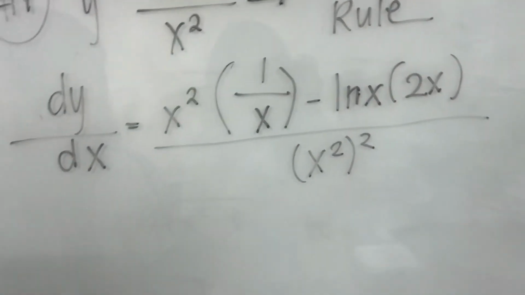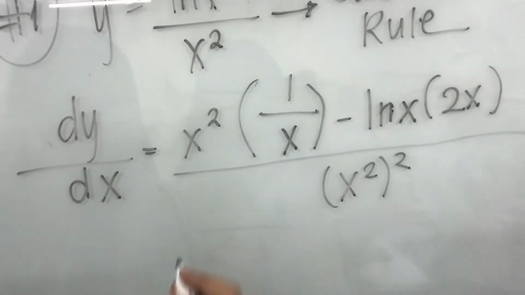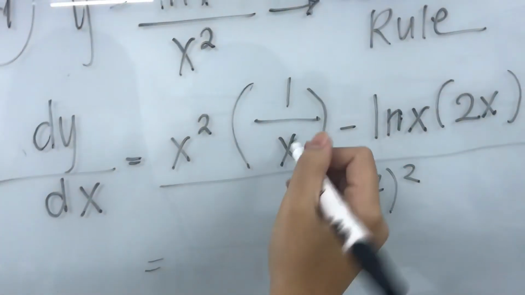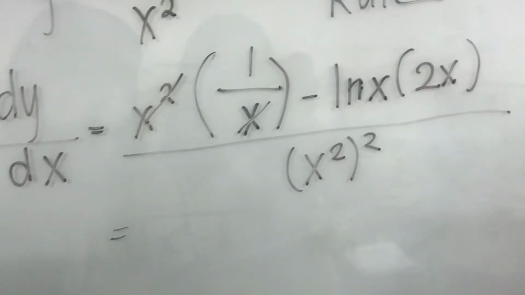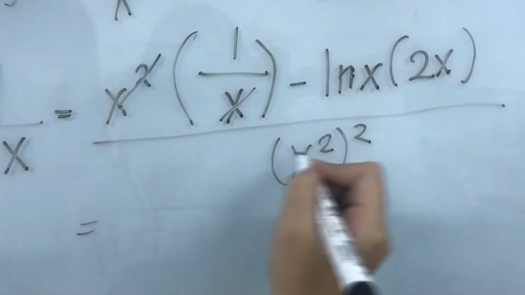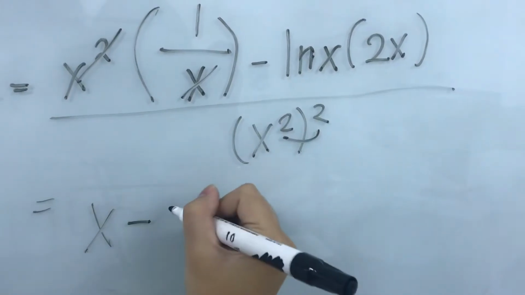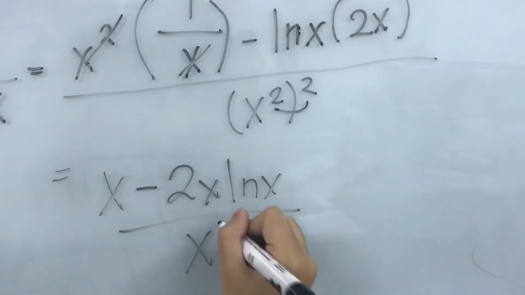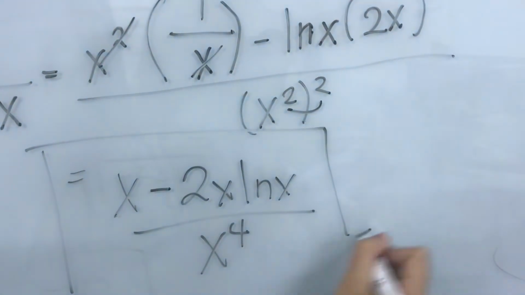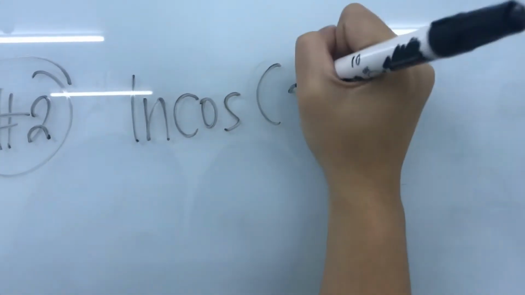So then, we can cancel out x squared to the other x. And then, we simply multiply 2 and 2. So then it will be x minus 2x ln x over x raised to 4. That's our final answer. For our second problem of logarithmic functions, our problem will be ln cosine multiplied by 2x